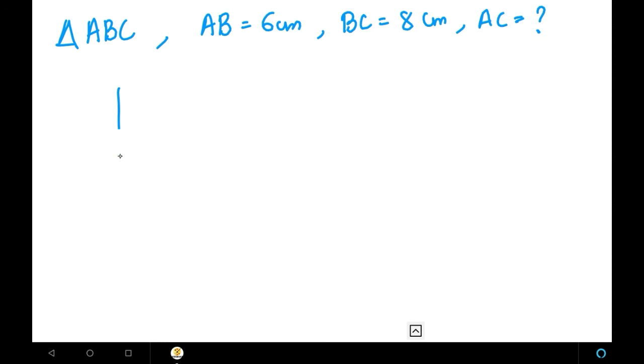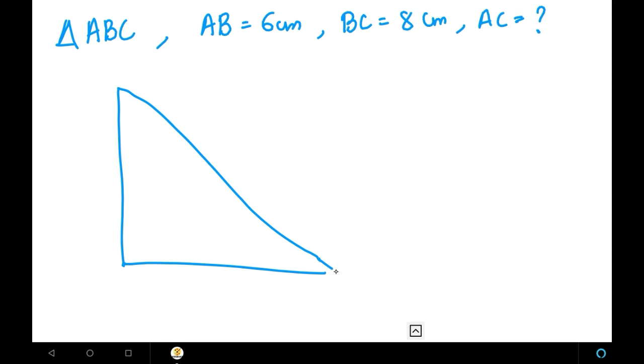Let us draw the same right angle triangle that we have drawn before. Let's name it A, B, C. Here they given AB as 6 centimeters, BC as 8 centimeters, and they are asking us to find this